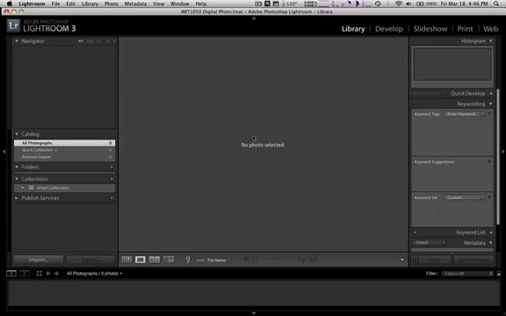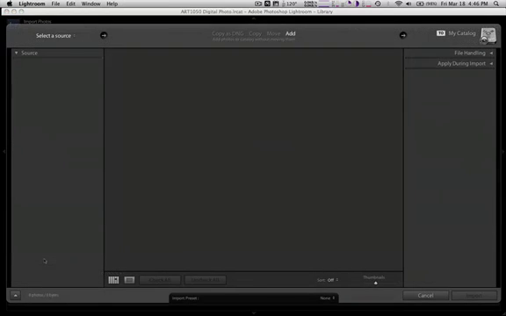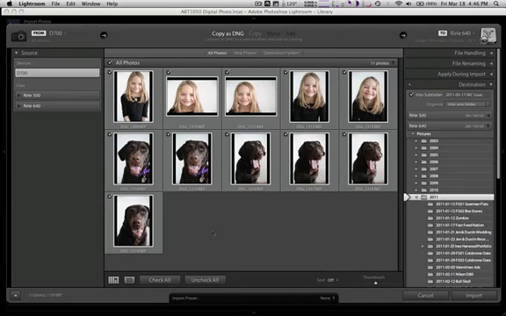So this is our final chapter and time for us to do some importing. Before we import images off of our camera, we should import our hard drive first so that we can make our hard drive part of our Lightroom 3 catalog. So to do an import, let's go down to import. And it's going to bring up